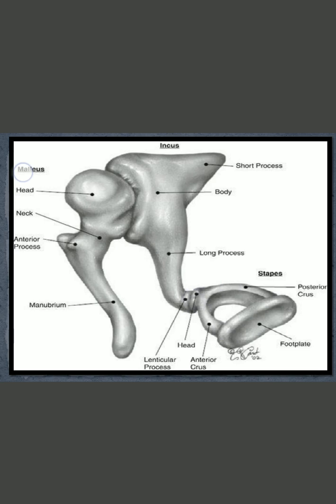So incus basically forms two joints. The body of incus forms the incudo-malleolar joint, and the lentiform nodule of the incus forms the incudo-stapedial joint. One is saddle variety, another is the ball and socket, and they are types of synovial joints lined by capsules.